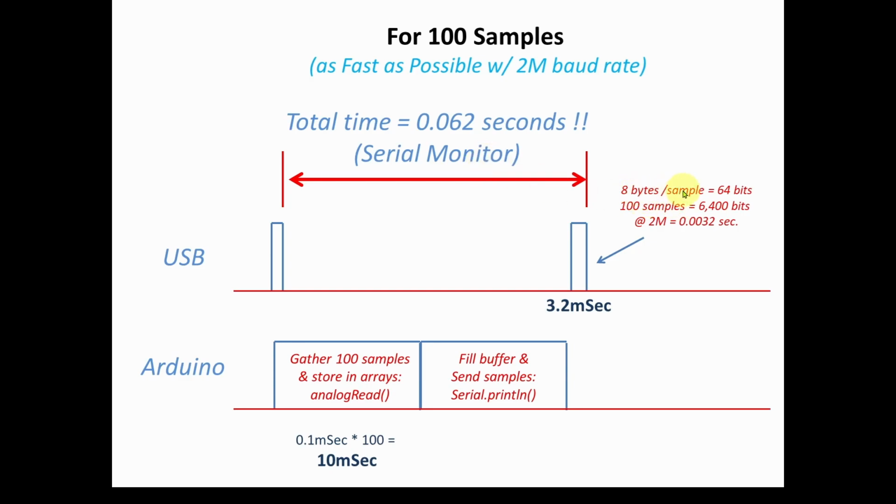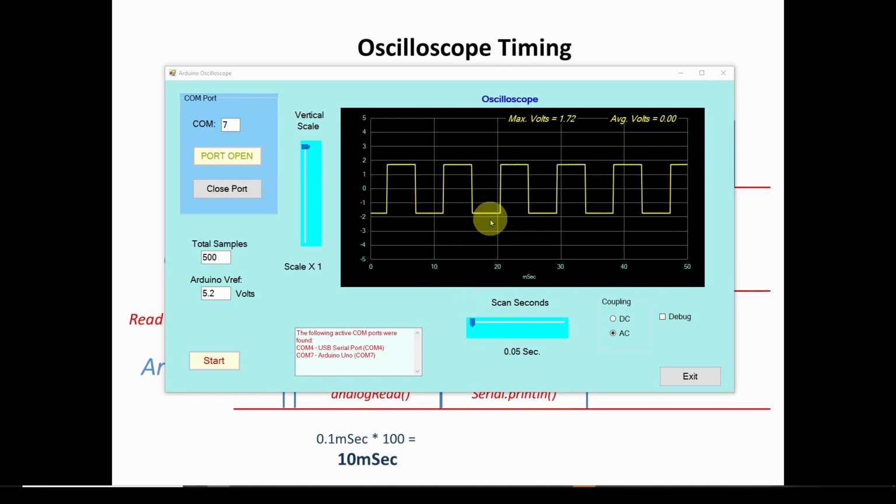So now we're saying 8 bytes per sample, so 64 bits. 100 samples is 6,400 bits. At 2 million bits per second, that's only 3.2 milliseconds, or 0.0032 seconds. So 3.2 milliseconds plus 10 milliseconds, we're talking about 13 milliseconds. Plus additional timing, we're talking about 60 or 70 milliseconds if we take advantage of that baud rate of 2 million. Okay, so now that we have looked at the slow transfer rate on the USB and fixed that, there are some other issues we really need to look at and address,